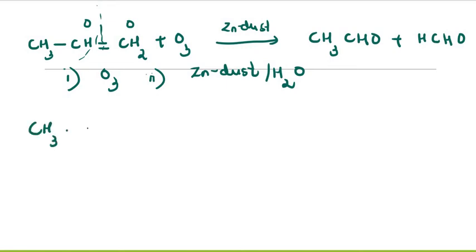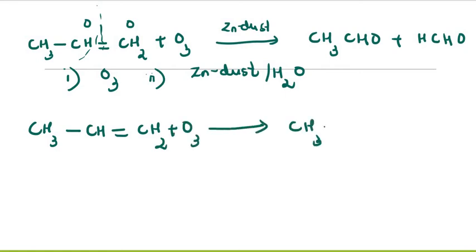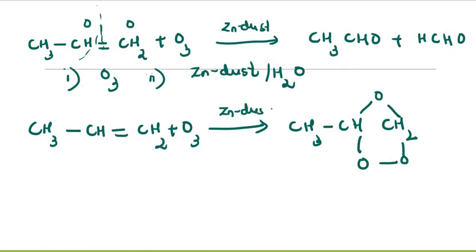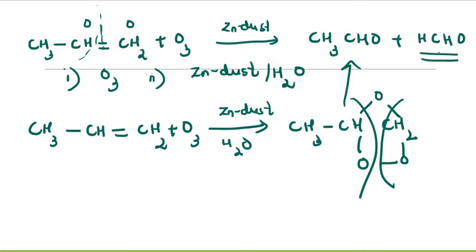So let us take the same example and instead of the simple way, let us see what we had done earlier. In the case of ozonolysis, we are getting an ozonoid. What is that? It will be CH3, CH, CH2. I am directly writing the rearranged product. Now what happens in the presence of zinc dust and water? The bond will break like this and the oxygen will go with zinc giving ZnO. So what are we getting? The same reaction, CH3CHO plus H2CO. But we know that the product will be either an aldehyde or a ketone. So we will be writing it as HCHO. Now let us take one more example.